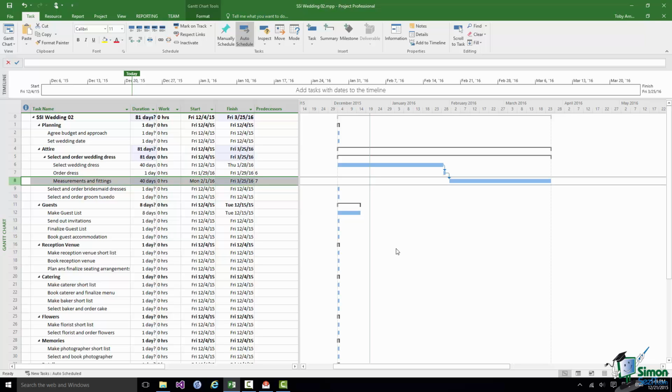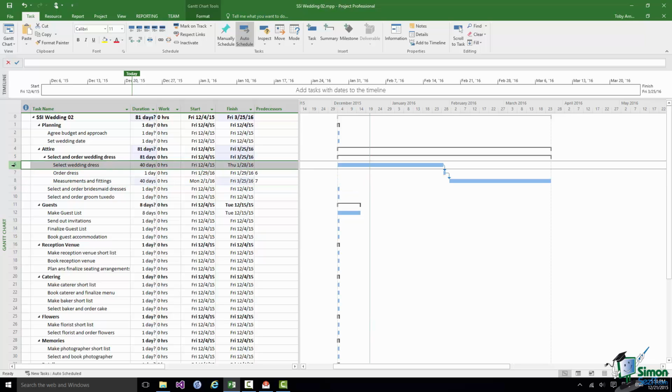Now this is not a task which is completely independent of the wedding dress, because as I understand it, in general the wedding dress would be selected first with a thought to what the bridesmaid dresses will be like, but you certainly wouldn't start selecting the bridesmaid dresses until you were certain about the wedding dress. So let's in this case say that the dependency is that we'll select the wedding dress before we select and